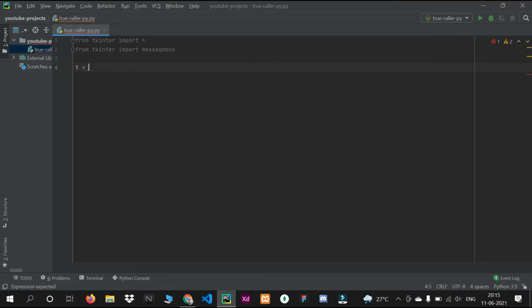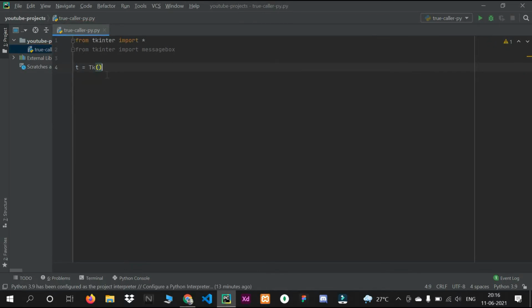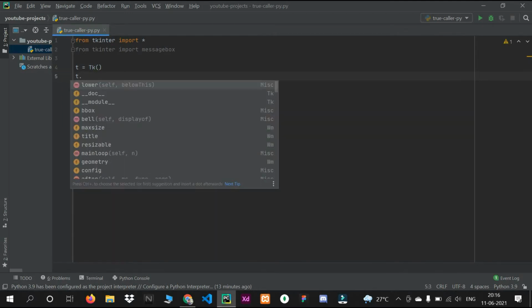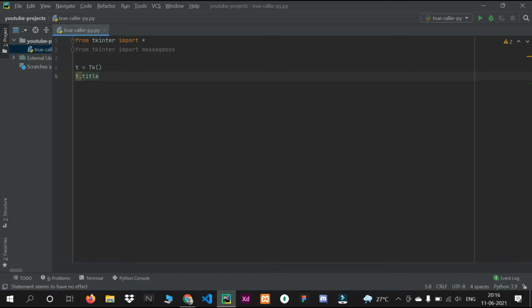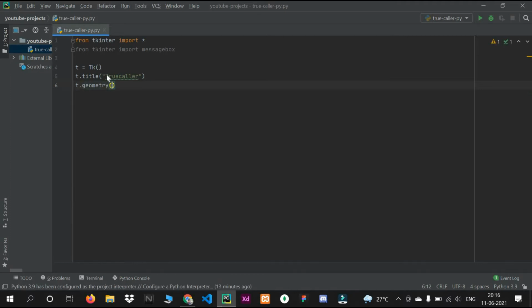Let's say t. You can give anything as a name to your variable. So you have to declare this Tk. I will just write t for simplicity. So t dot title. In title you can give anything. I will give Truecaller. Then t dot geometry to give the geometry size.